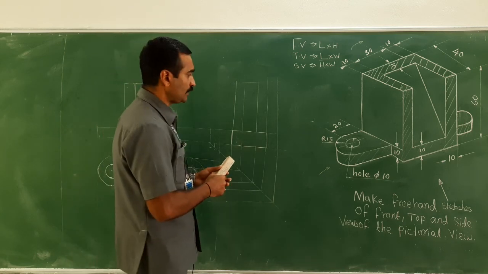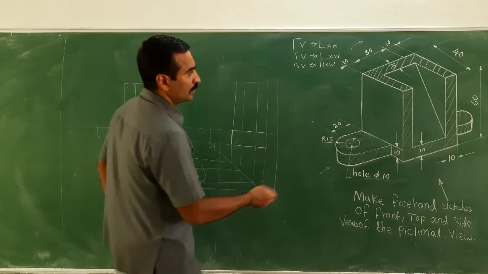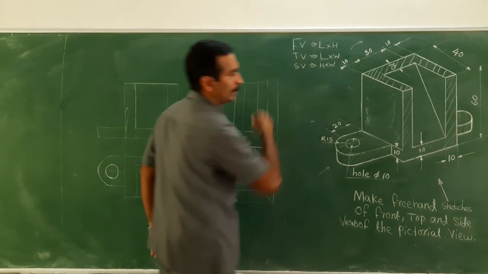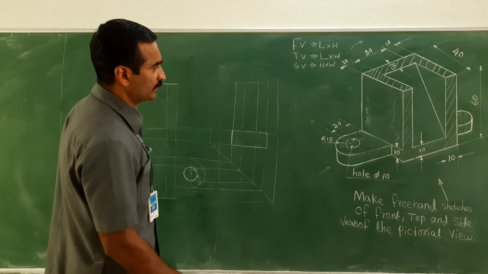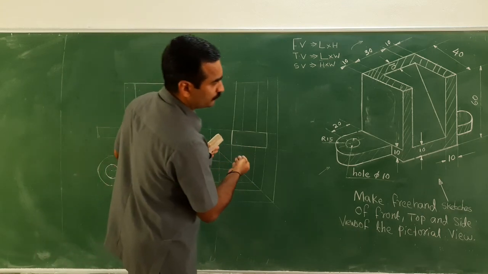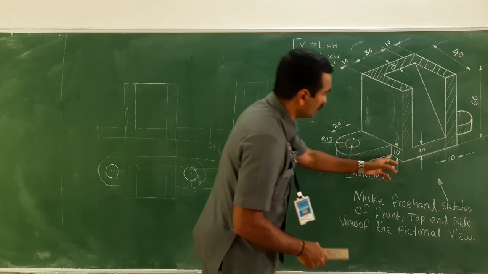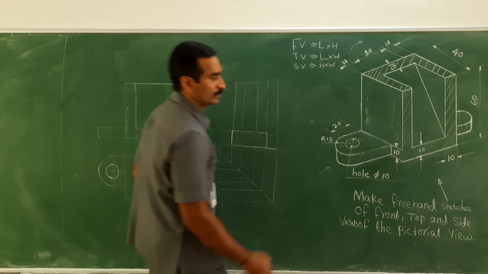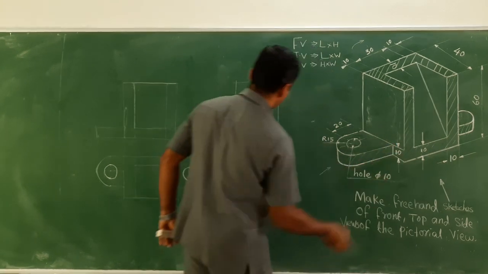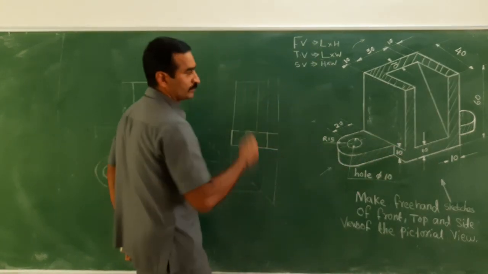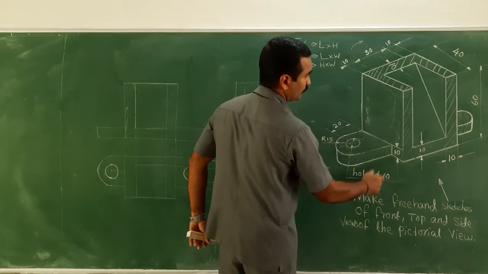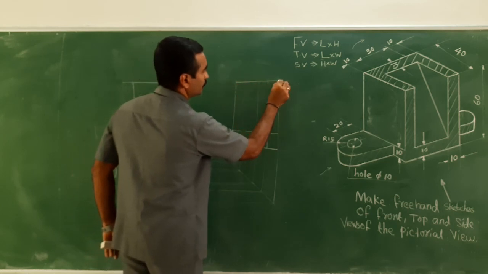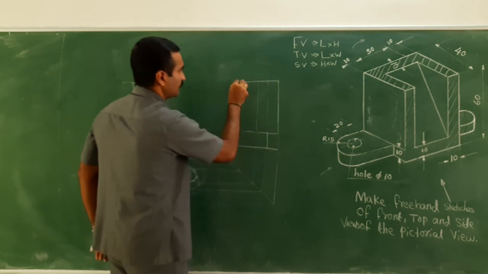Fine. Next, this portion would be visible here, right? This portion would be visible here. So for the entire stretch, right? Here look at this, a line is there, so draw a line, right? And look at here, draw a line. And for the height of 60 minus 10, there is 50 mm, this total would be visible, right?